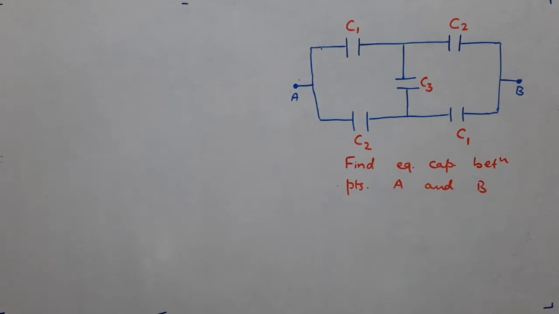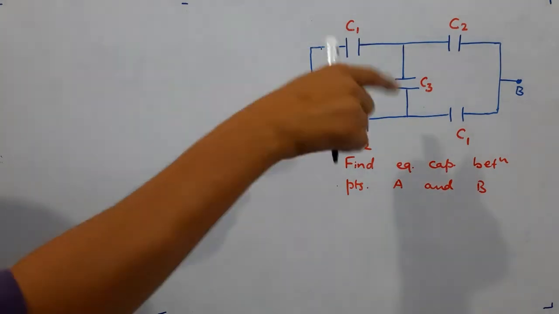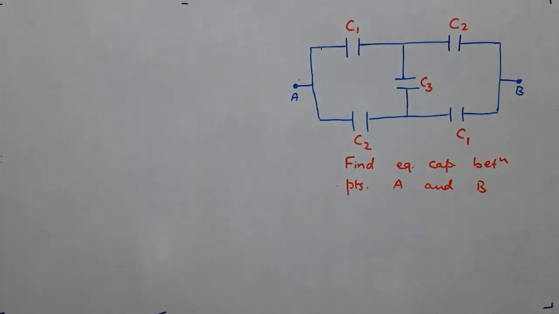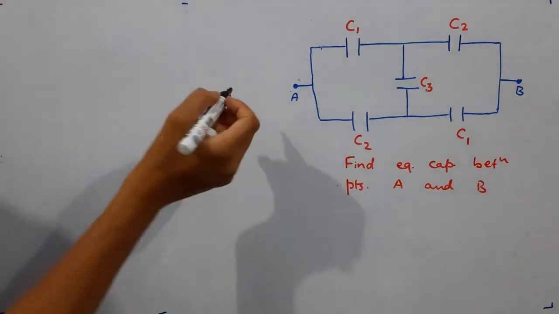We were discussing questions on capacitors and we will continue our discussion. So, on the screen, you can see there is a question that you need to find equivalent capacitance between the points A and B in this given network. I have also discussed in the previous class regarding such kinds of questions where you have to find equivalent capacitance. So, it is a mere revision of that.